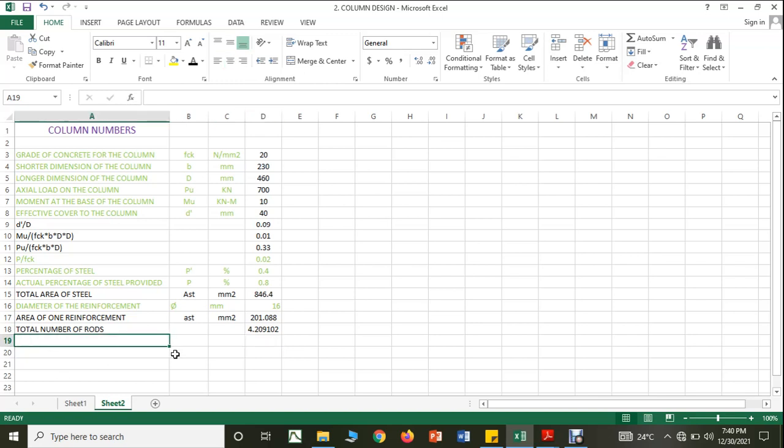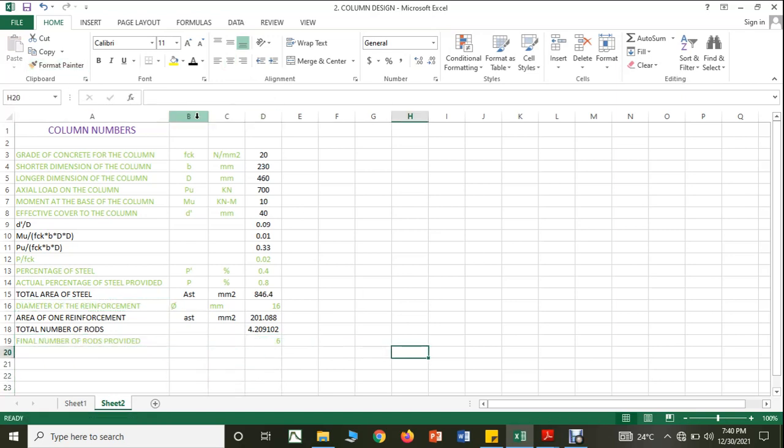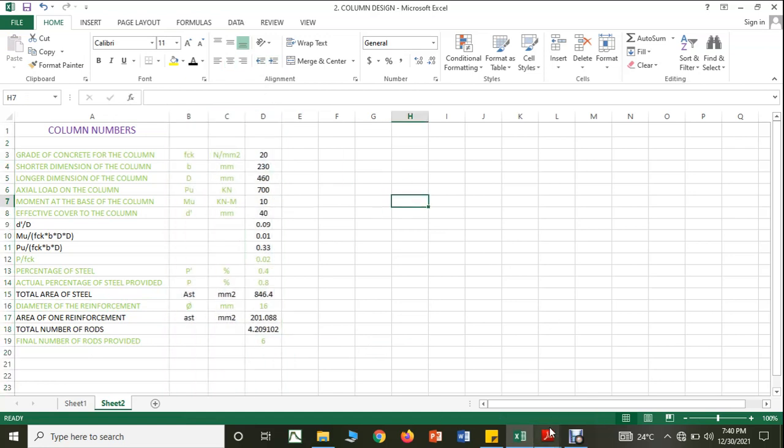So therefore I can give the final number of rods to provide. Okay, so that will be an input value, which is 6. So let us make this green color, because it is an input value. Okay, yes. So once this is done,